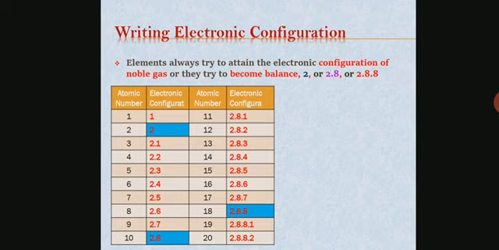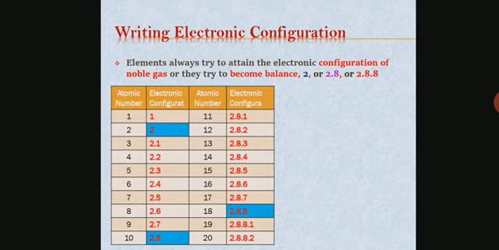Up to 2, it is 1 orbit, because the first orbit can hold a maximum of 2 electrons, not more than 2. So if the number of electrons becomes 3, then it will start filling the second orbit. That is why if atomic number is 3, electronic configuration is 2.1. So it will go on increasing in that way